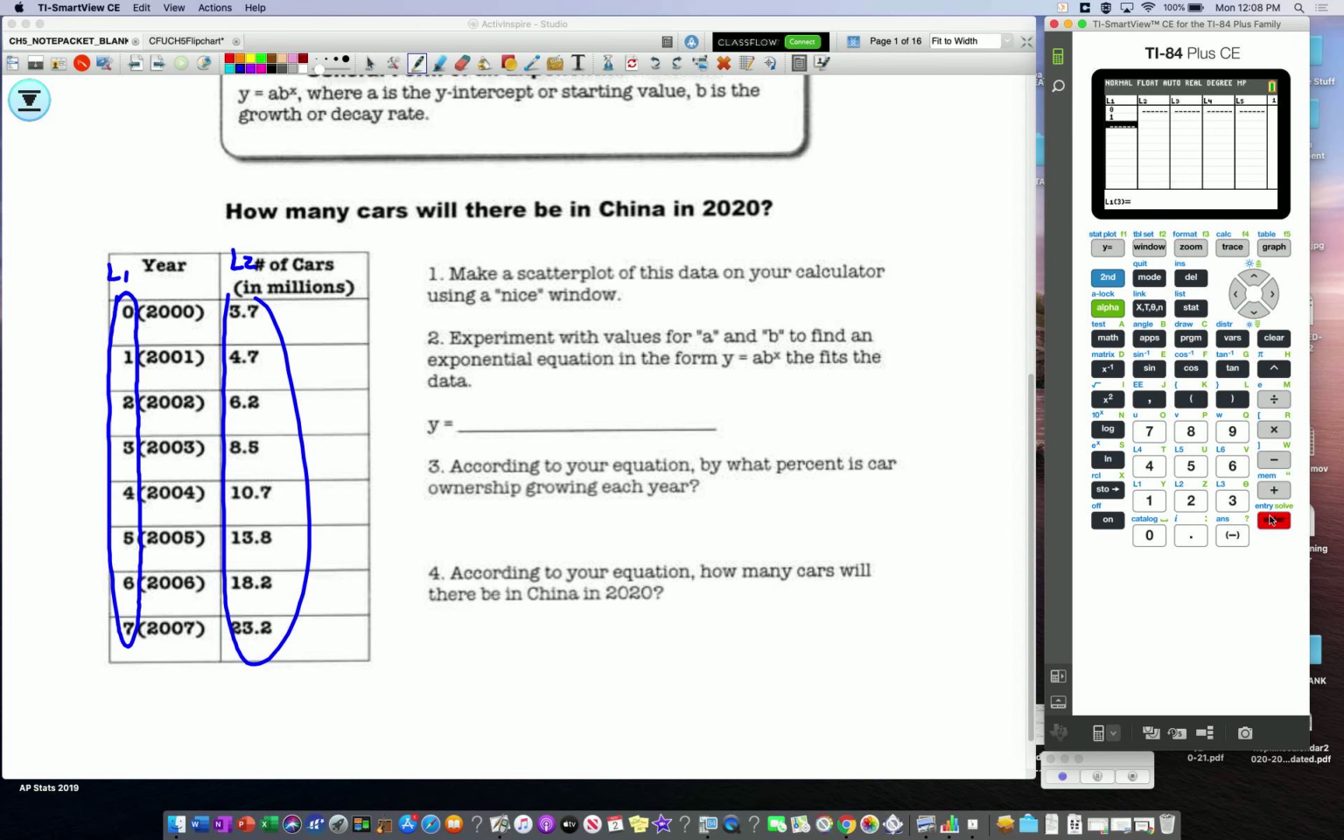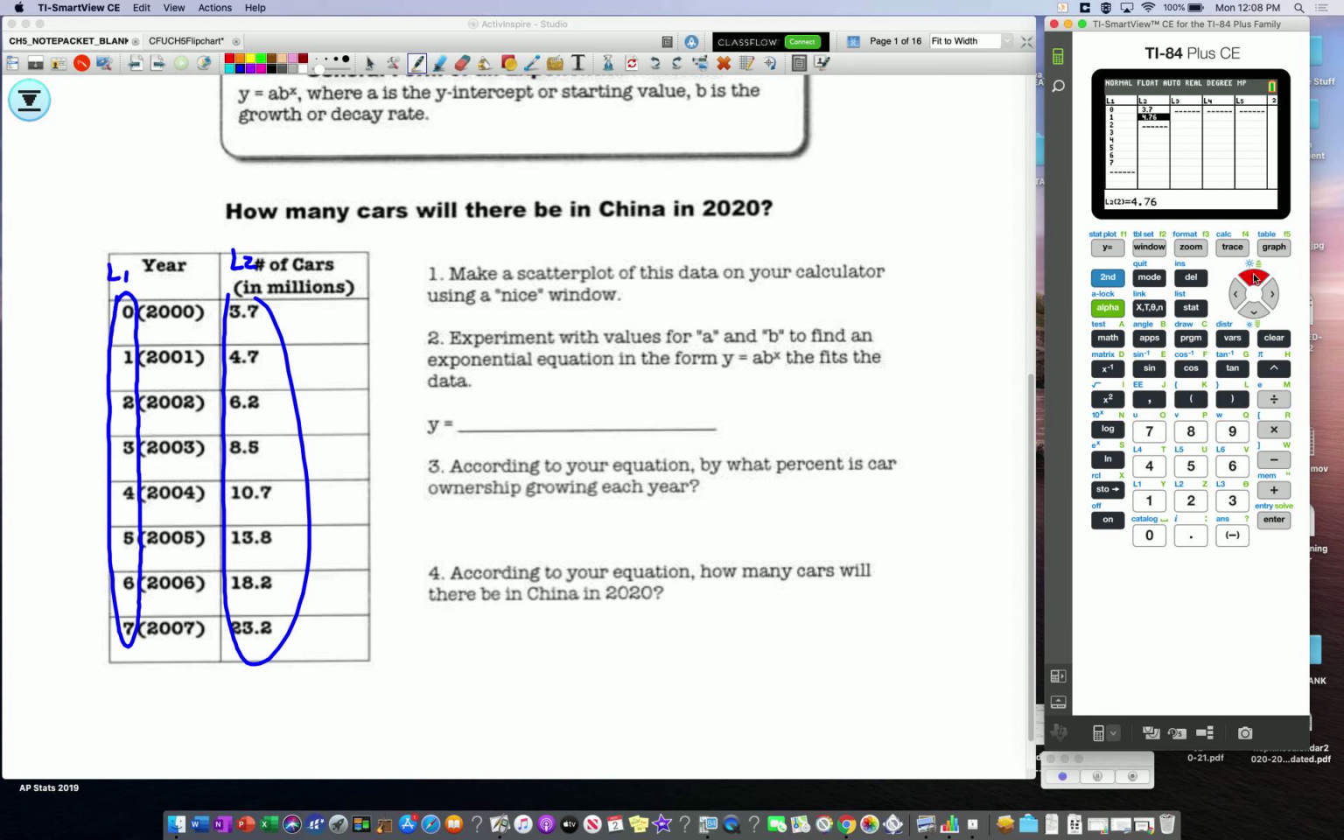And so now I'm going to start typing in these values. In the first list, I'm going from 0 all the way up to 7. So I have the numbers 0 through 7. In the second list, I have the numbers that correspond to it. So in the year 2000, 3.7. Then it went 4.7, 6 point,